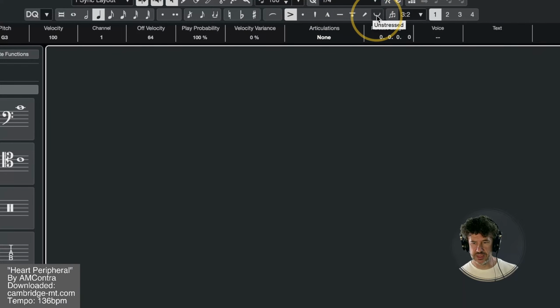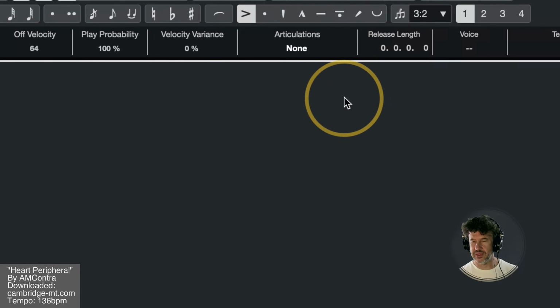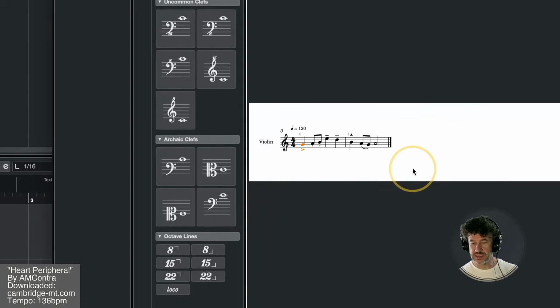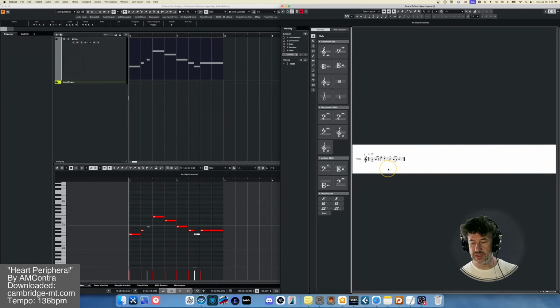I don't think the stressed and unstressed really seem to trigger anything. Even in Dorico, I don't think you can actually tie them to an expression map. I think they're just cosmetic even in Dorico. But as long as you're using these very familiar ones like accent, staccato, tenuto, and marcato, they not only work,